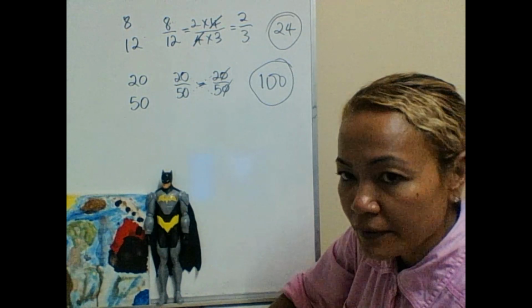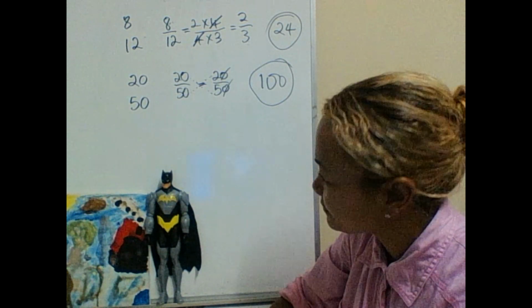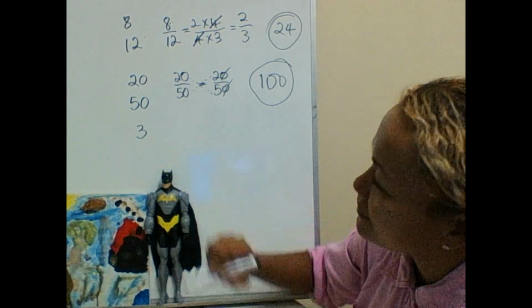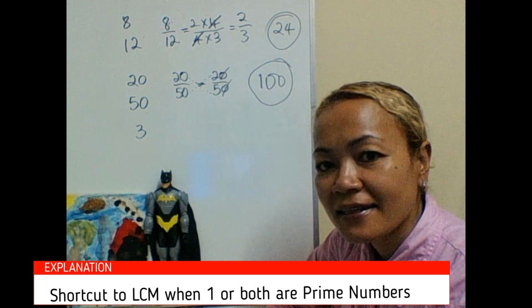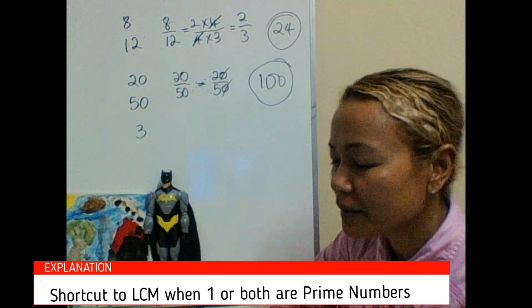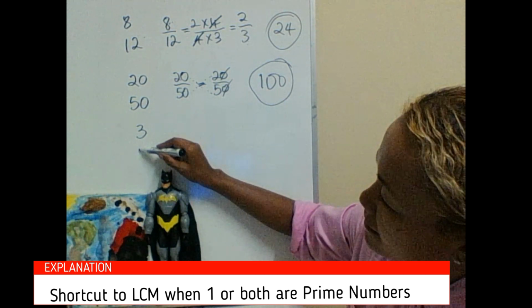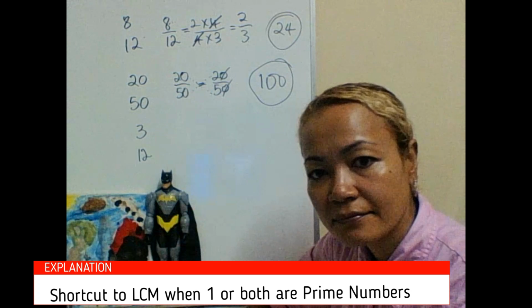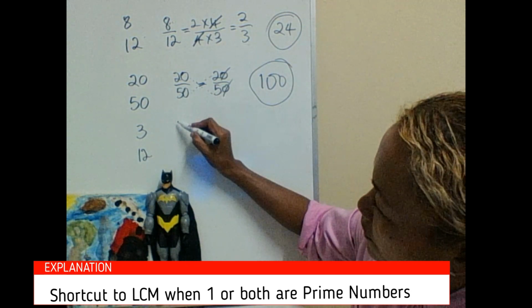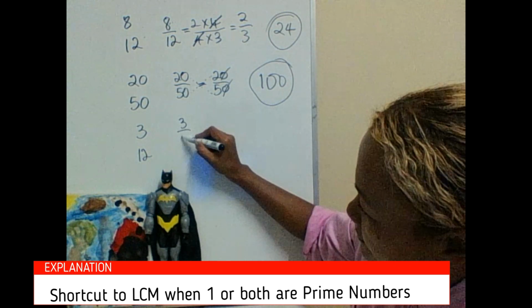Say, for example, if 3 was one of the numbers that I used, and if I use a non-prime number, like, say, 12, okay, so 3 over 12,